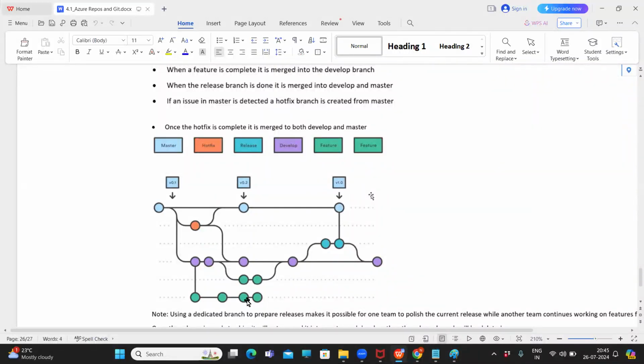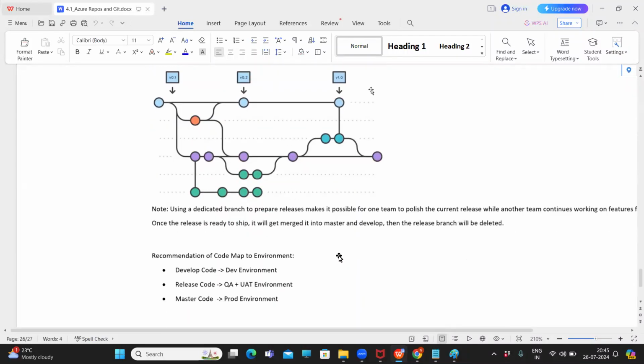So how many places here testing will happen? Here testing will happen. Here testing will happen. After so many testings, it will go to the master branch. A recommendation of code is development code to dev environment, release code to QA plus UAT environment, and master to production. This is the reason we will maintain multiple branches here. Okay. Got it. This is how Git flow works,